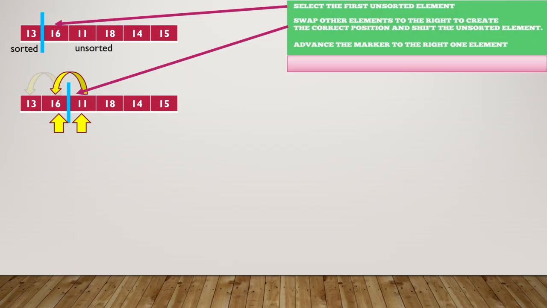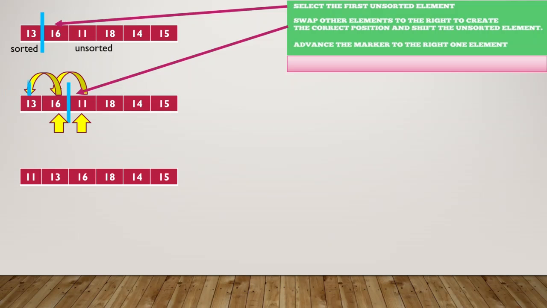Now again we have to sort 13 and 11. When you sort 13 and 11, you get 11 in the position of 13 and 13 in the position of 11. So it will be 11, 13, 16, 18.